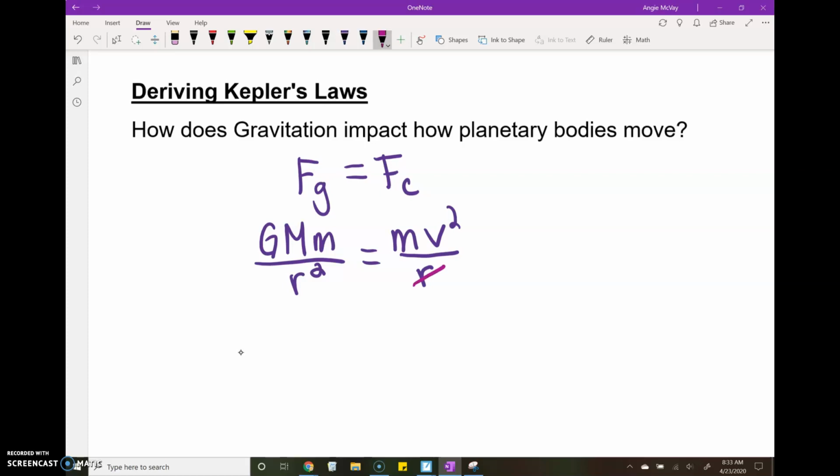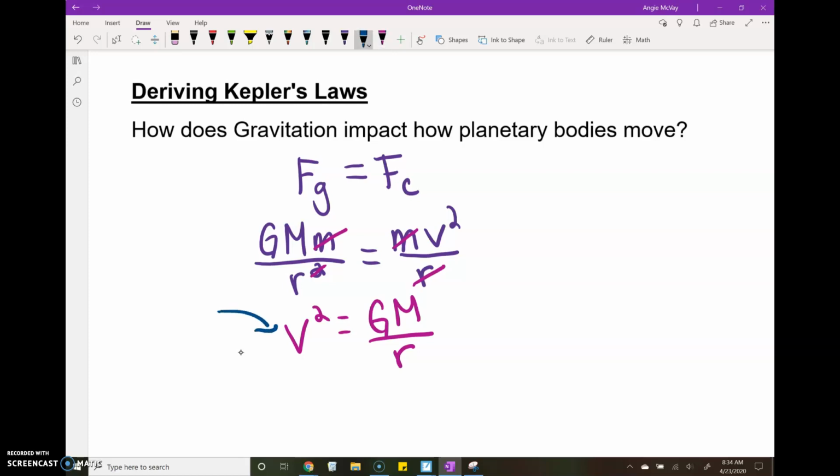So we've got a radius over here and one over here. Mass of the moon cancels out. And we end up with v squared is equal to GM over r. Okay. Now we could stop right there, but